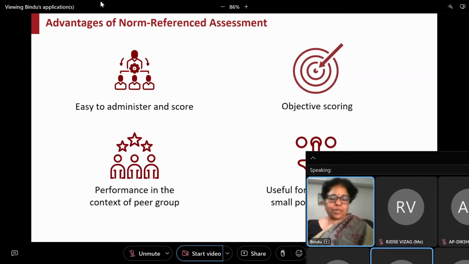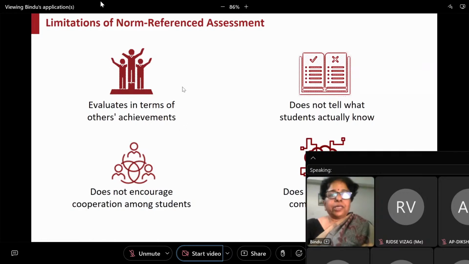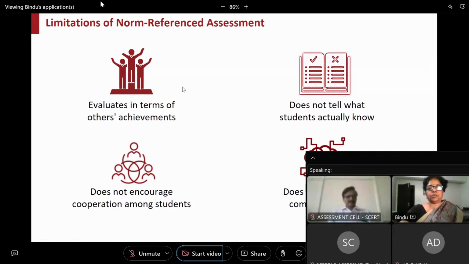Sorry. So when there are very limited number of seats, you want to choose the best among the peer. So in those situations or contexts, we use a norm referenced assessment reporting. What are some limitations of a norm reference test? Now,